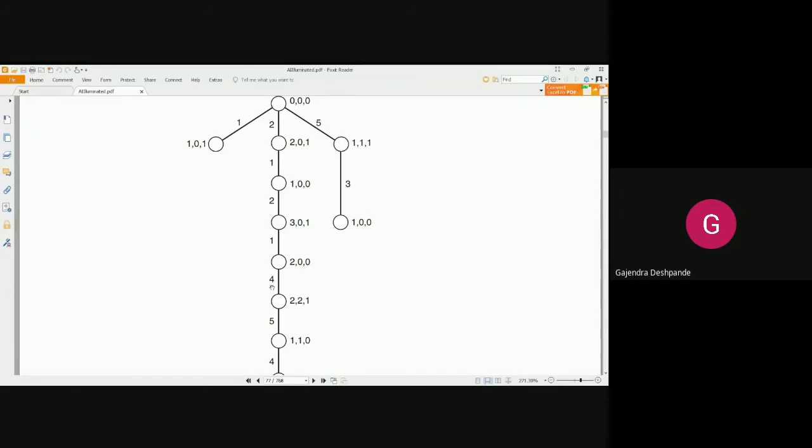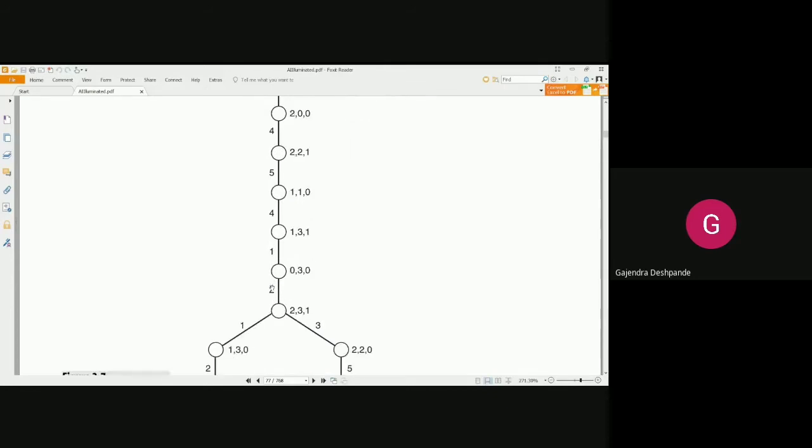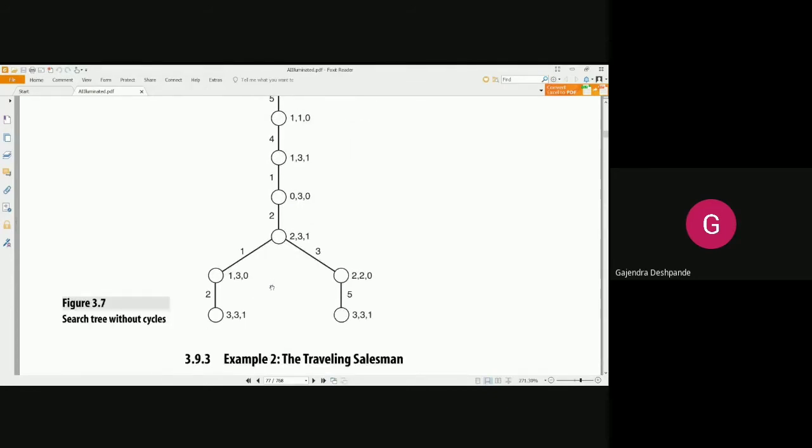But solutions are mentioned here. So again we are starting from 0, 0, 0, that is the initial state, and we take the middle path. When you take the middle path, you can see here there are 2 paths which are leading us to 3, 3, 1. That is our desired goal state. Now note here one thing you should ensure whenever you are drawing a tree: you should remove all the cycles. You might have already studied this in the algorithms subject.